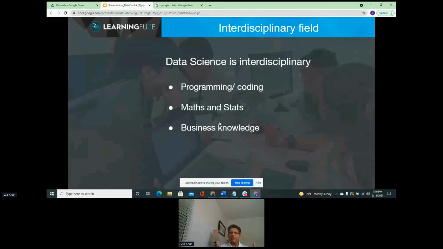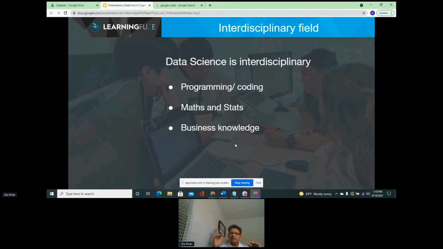In addition to that, there is something that we will talk about a little bit as we move along, which is feature engineering, or creating new additional information or features within your data. And that becomes very difficult if you are not familiar with the industry, or if you're not familiar with the field. It becomes difficult for you to understand the data and create additional information or knowledge out of that data.